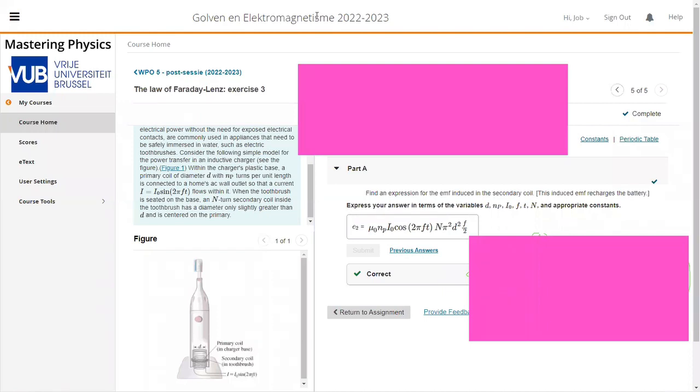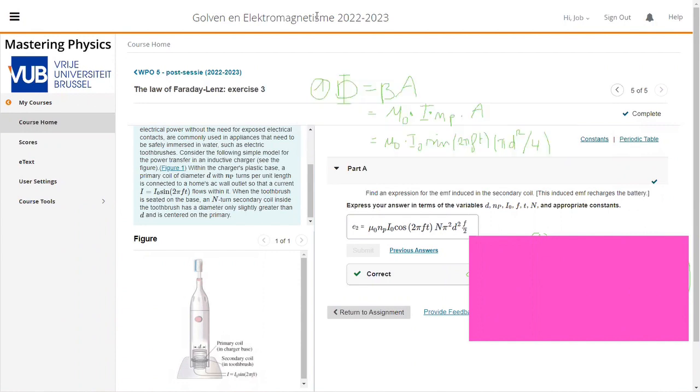Almost finished. Okay, right now we are in the fifth exercise. So first step, what you have to do is use the general formula for magnetic flux. So this is equal to B times A, magnetic field times area. It will give you this one. But why did I put this NP and NP? Because